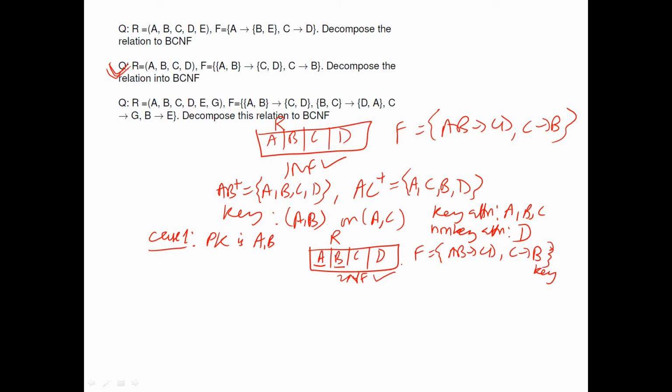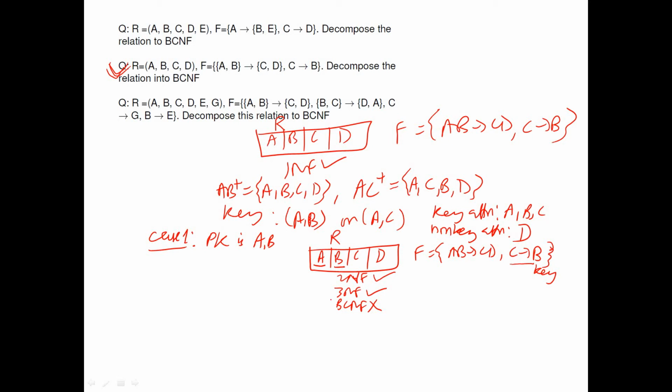Yes, it is present in 2NF, because 2NF is dealing with the case when the right hand side is non-key and depends upon the key partially. So is it present in 3NF? Is a non-key functional dependency existing? No. So it is present in 3NF. Is it present in BCNF? This is not present in BCNF. Why? Because in C to B, I can find that C is not the key.